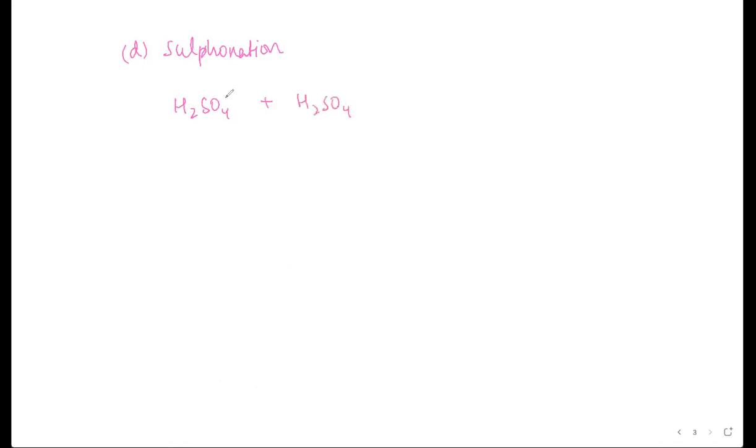So instead of nitric acid, we've got sulfuric acid. The other molecule of sulfuric acid plays the same role. So now what happens? Can you expand one H2SO4 molecule, if you don't mind? So this is what it looks like, and this is going to dissociate into H plus and HSO4 minus.